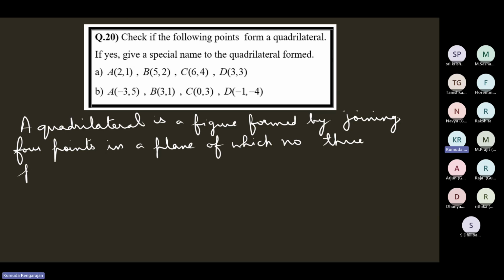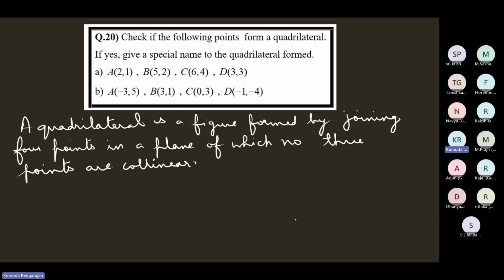No 3 points are collinear. So a quadrilateral is a figure formed by joining 4 points in a plane of which no 3 points are collinear,